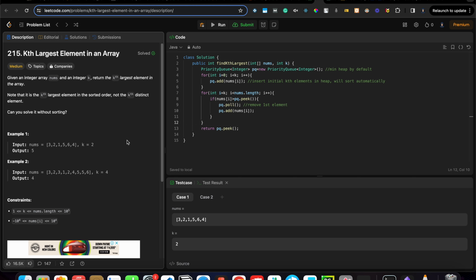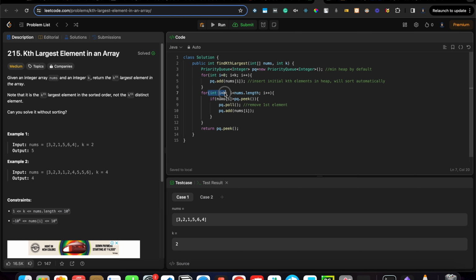So let's go to the code part. As you can see, I've implemented the priority queue in Java, a priority queue of type Integer, and we have used this loop, which is i equal to 0, i less than k. So it will add the initial k elements, which are 3 and 2 in the array, into the priority queue.